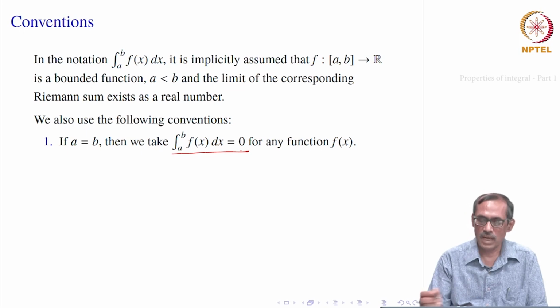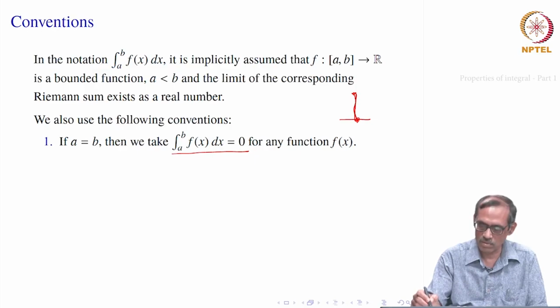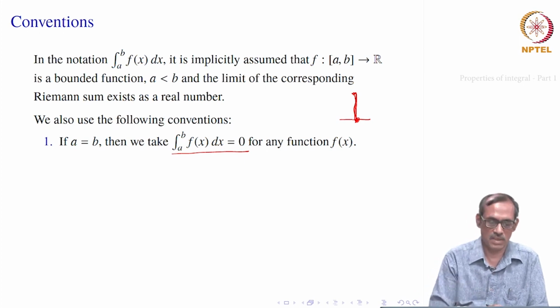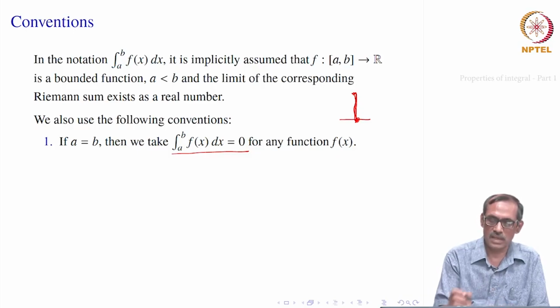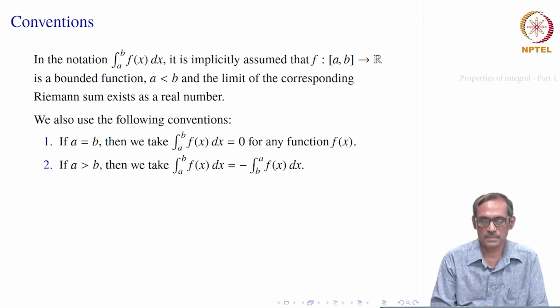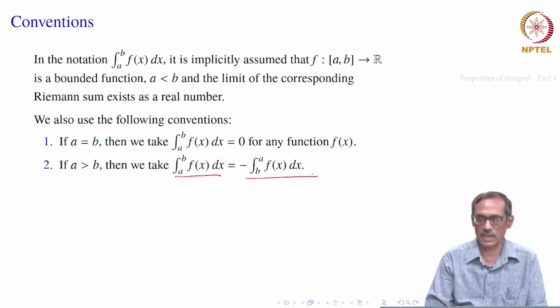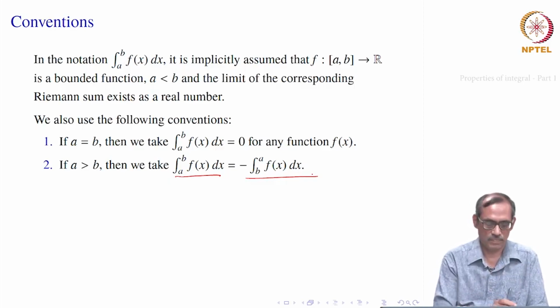for any function f x, and intuitively what it says is that you have a function which is defined at one point only. So, the area bounded by that curve and the x axis and the line x equal to a is 0, that is what it says, and that is clear from the geometry also. So, we put this convention, if a is equal to b, then integral is equal to 0 whatever be the function. If a is bigger than b, we will put a to b f x dx equal to minus of b to a f of x dx. This will go along with our property 3 and 4.